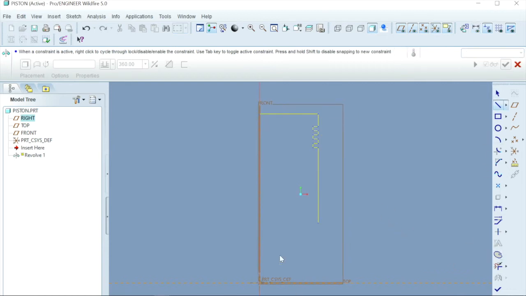After that we need to create another line. Just make a straight line, and our model should be a closed surface, a closed diagram. Okay, then only can it be revolved or extruded.